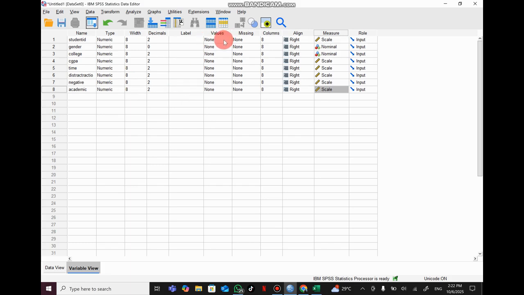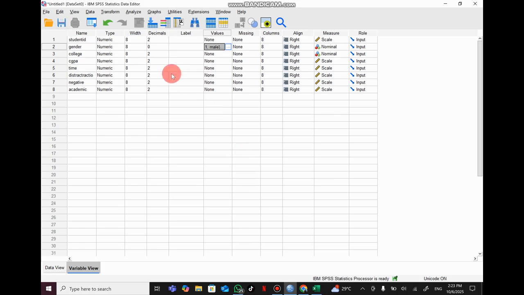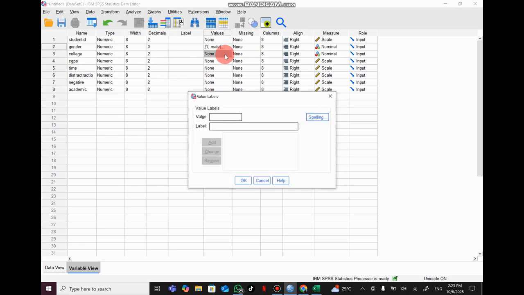Then for values, for student ID there is no need to change, but for gender we can put the labels. So the value 1 is for male, then we add, and 2 is female. Then college also we can edit here.